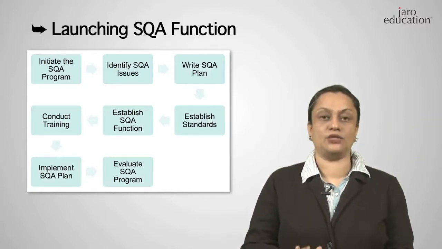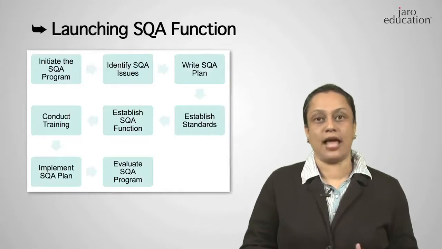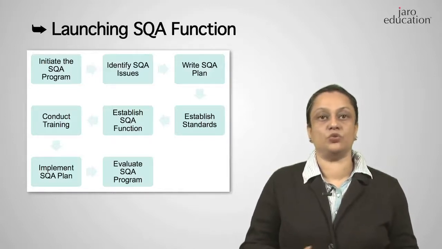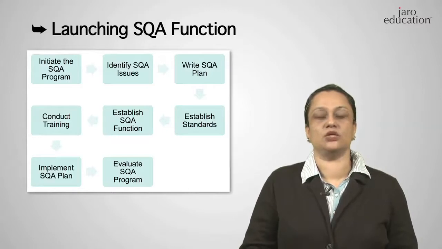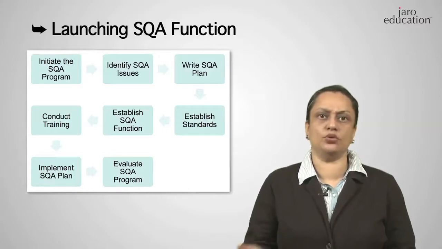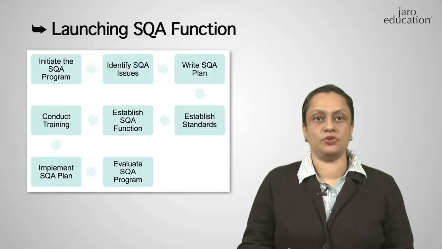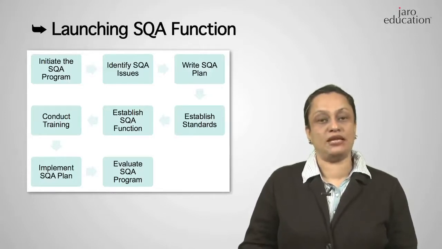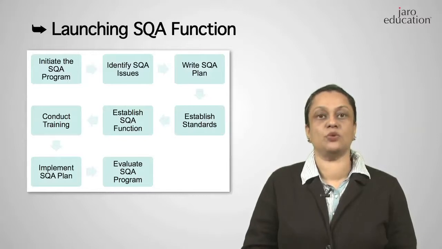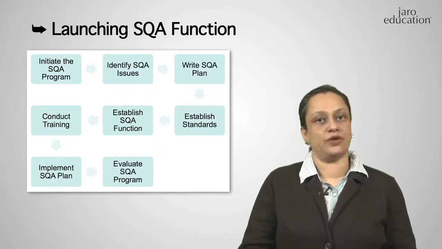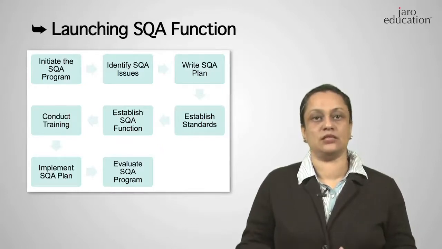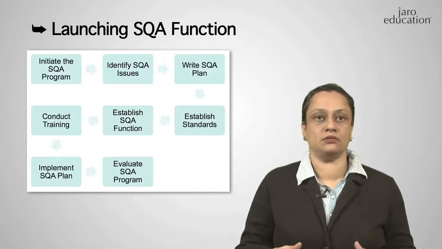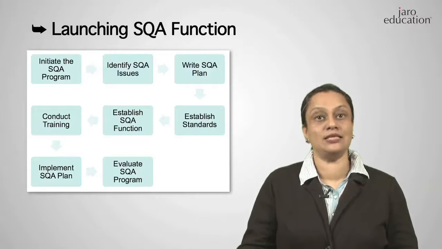Then we need to actually write a plan, right, the SQA plan at the organization level, based on which all the activities will be executed. Training has to be conducted both for the SQA personnel as well as the others, for them to understand the benefit of the SQA function, for them to understand what value the SQA function will add to their project. Finally, actually establishing it, starting their operations, implementing the activities as per the SQA plan, and finally monitoring this SQA